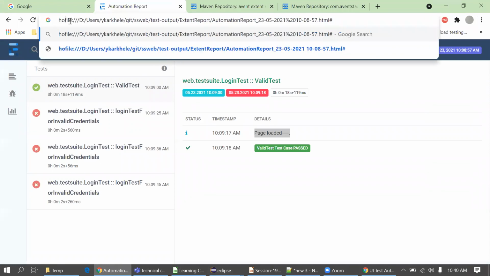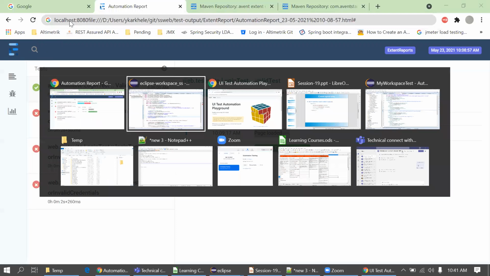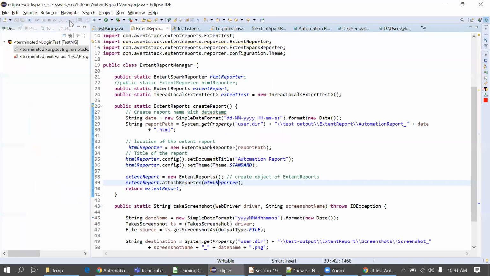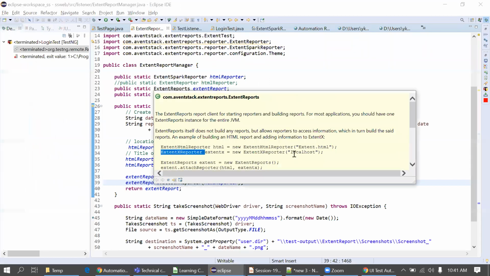It will make the local server come up, localhost colon 8080 slash, in this format. We don't want that actually. In some cases it will not open. That's why we are not providing any localhost server in the local. So we can just keep this second line.